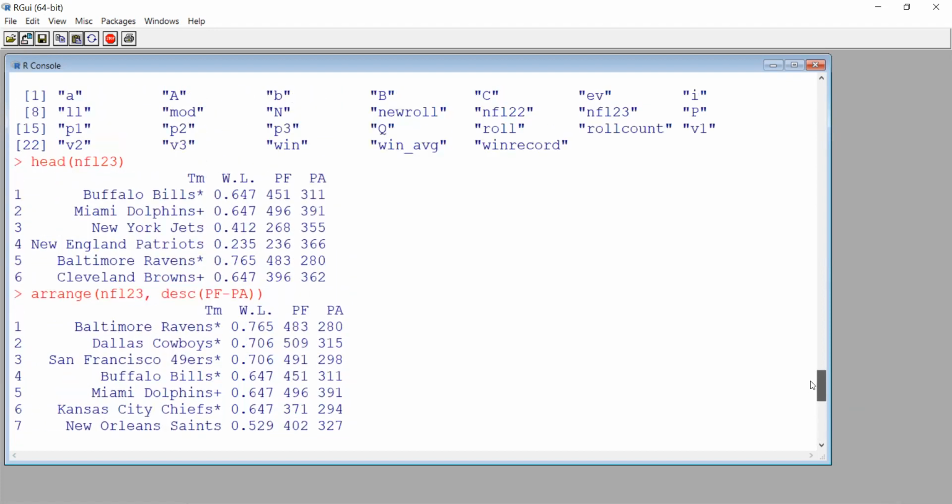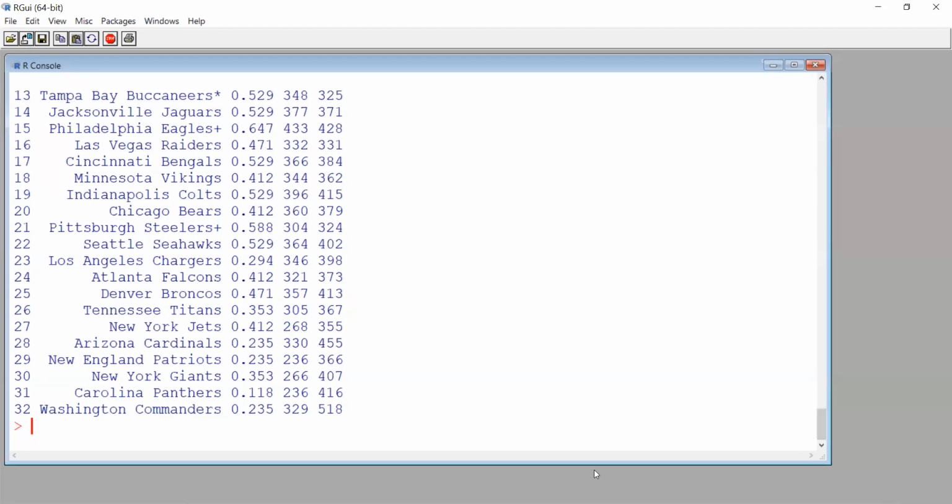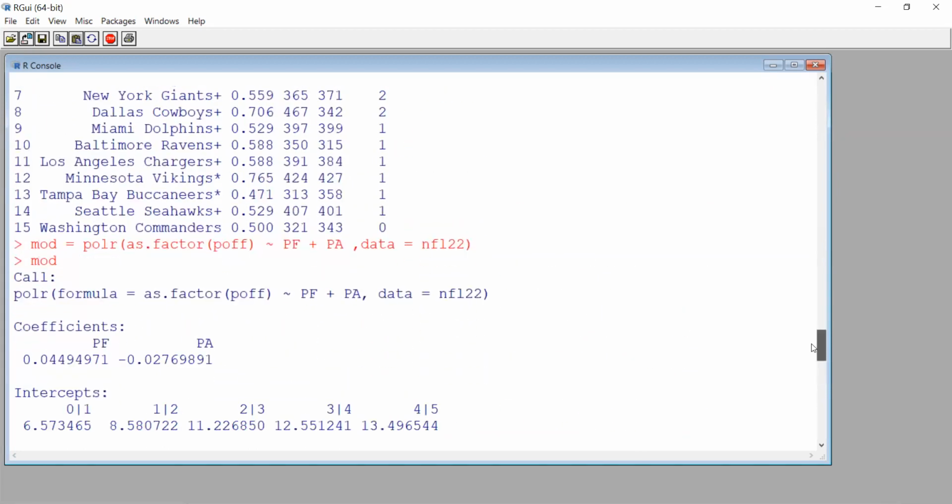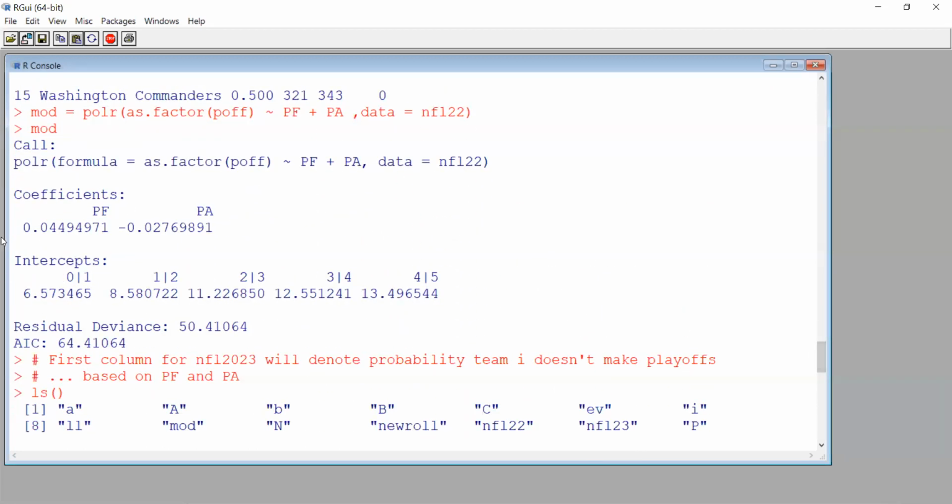So, okay, here we are. Let's see what we get here, and let's use these numbers up here. Here's my model, and I want to make a function. If I was at the board, I would definitely write this down so we could all see it, but you'll see it. I want to make a function using these numbers. For the first one, the ones that missed the playoffs, I'm going to use the points for and points against coefficients and the first intercept, from 0 to 1.